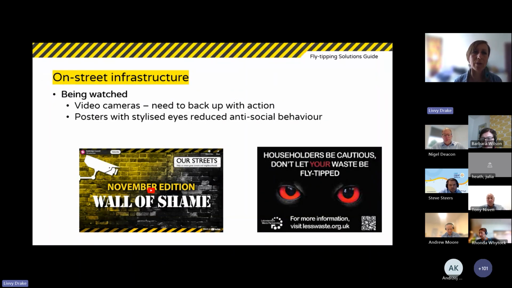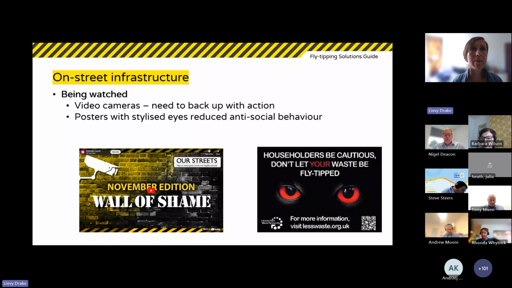So how can we try and address these social norms or change them? We can make people feel like they're being watched, or their behaviours have been accounted for. So the perfect example just shared. Other examples are things like wall of shame, although in the guide we put this as proceed with caution, because if you don't have the people looking at your YouTube channel, no one's going to see it.